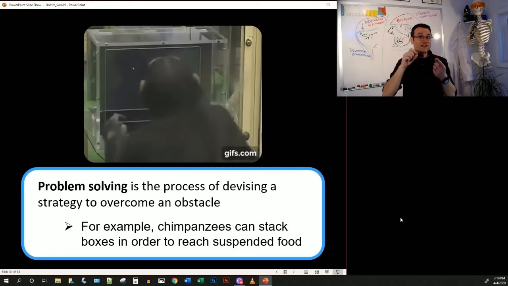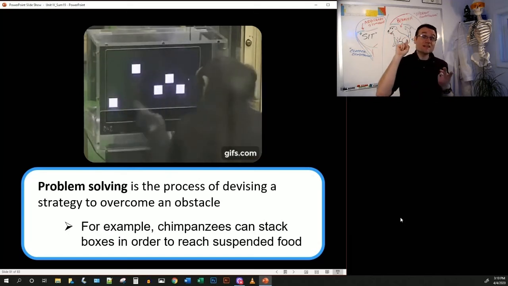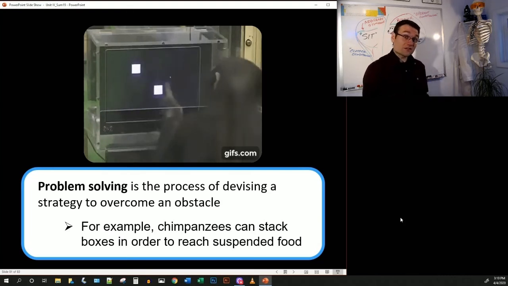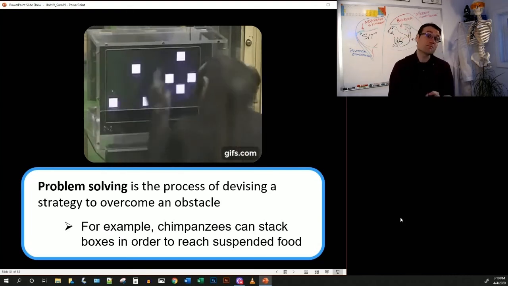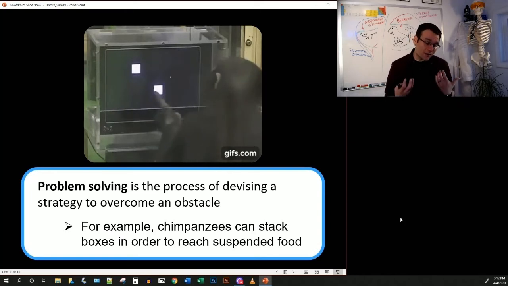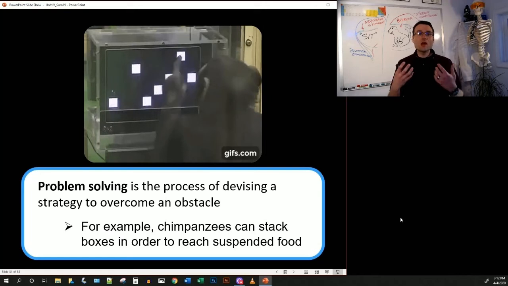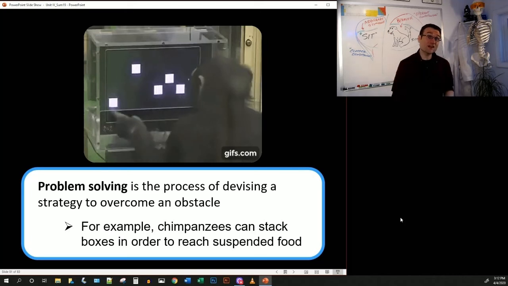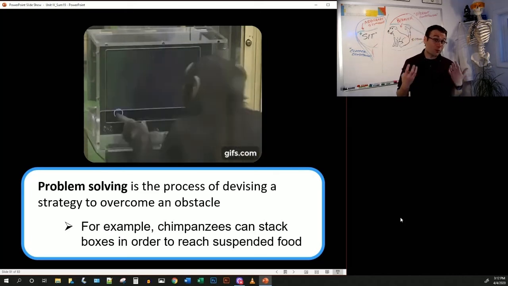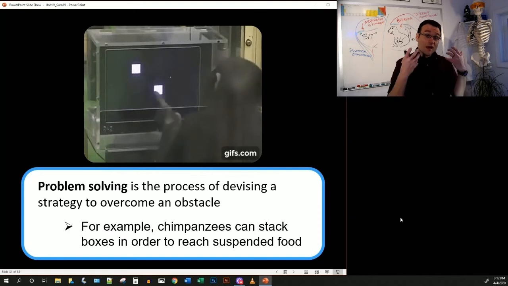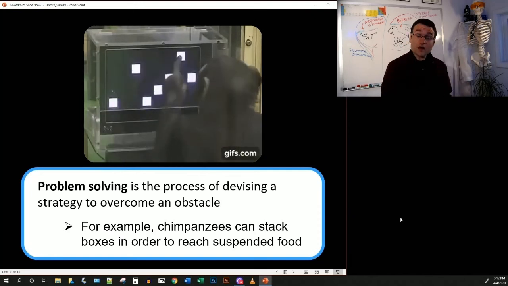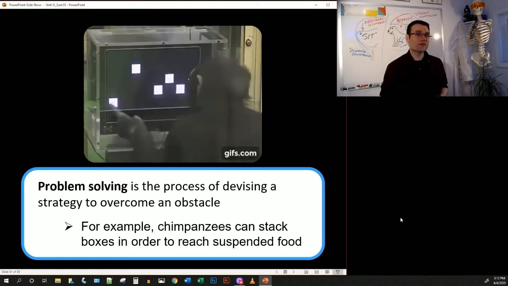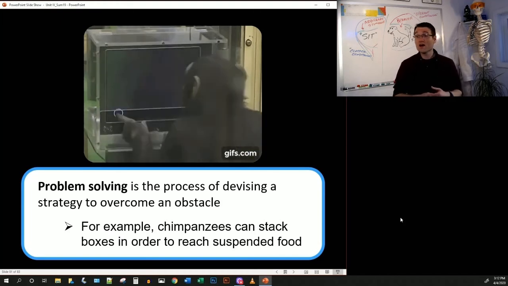In order to do that, they need to recognize a problem, and then they need to imagine a solution to the problem in their head, and then devise a strategy to get that solution actually working. So that's a problem-solving type behavior. Like I said before, we generally don't think about animals as being able to solve problems, but that's because we're kind of rating them by human standards of problem solving. We are presenting them with the kind of puzzles that we like to solve or that we are able to solve. If you present them with something that is within their wheelhouse, then they will surprise you more often than not. I'm going to add a video of a crow solving some interesting complex problems in the playlist right after this.